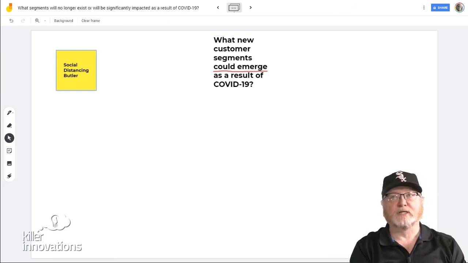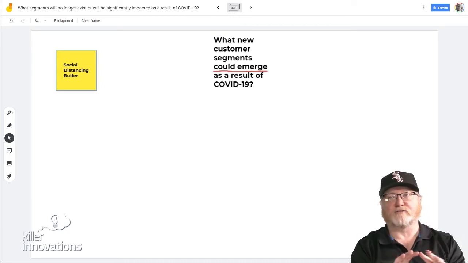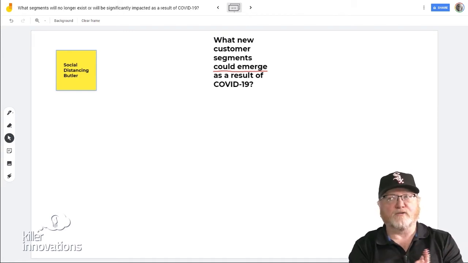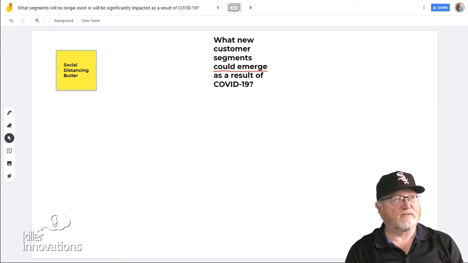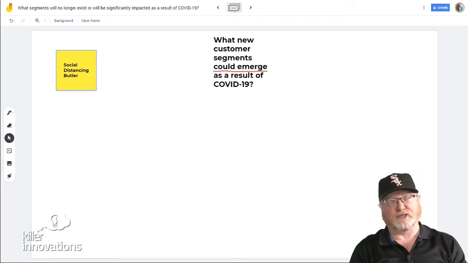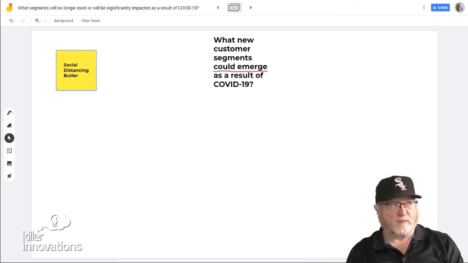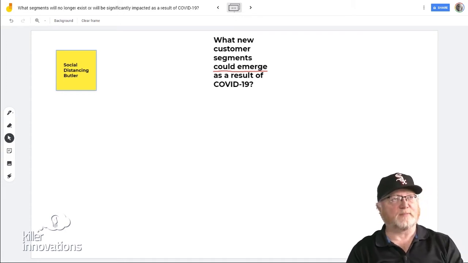They live a little bit closer, and they're doing the quick runs, like, need another dozen eggs or something. But I think social distancing butler, for those people who just want to stay away and reduce or eliminate that risk of any kind of an infection of COVID-19, this becomes an important role. Now, today there are no businesses that do this per se, but I think if this goes on for very long, then people are just going to contract themselves out rather than you going and trying to get Safeway to deliver and Walmart to deliver and get Amazon shipments in.